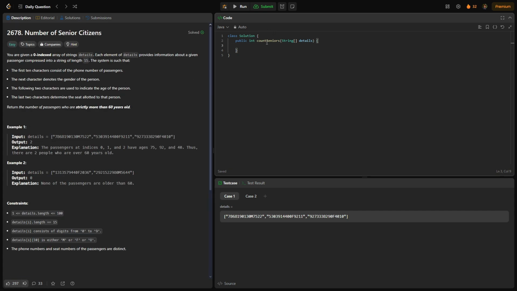So we're going to take each of these strings, take where the characters are for the age, convert those to integers, and then check if it's greater than 60. So we're first going to initialize our integer count, and that'll be equal to 0, and then proceed to go through details. So for int i = 0; i < details.length; i++,